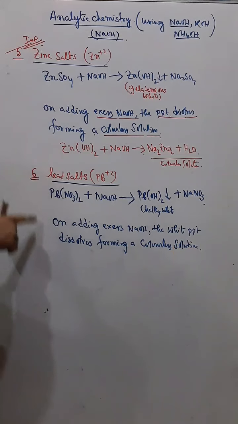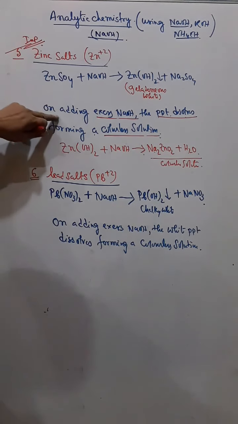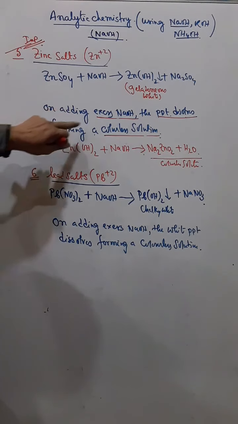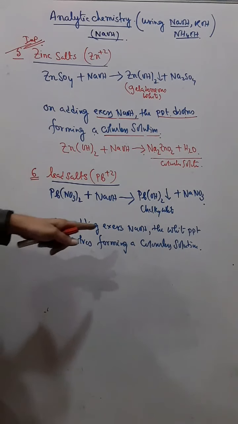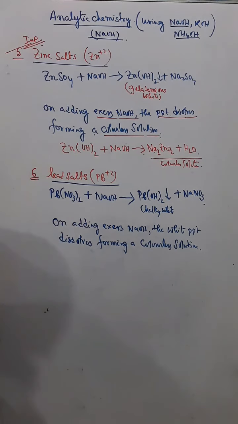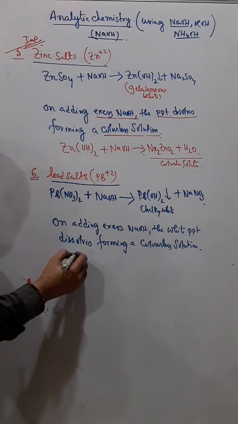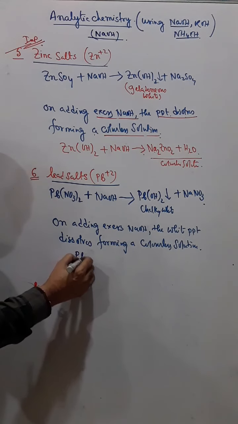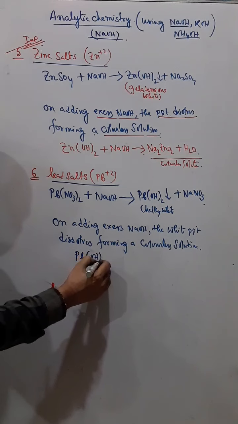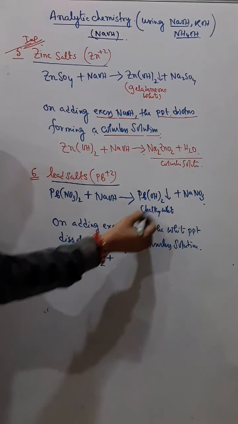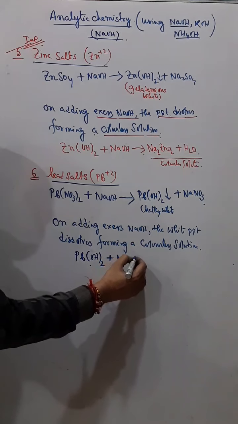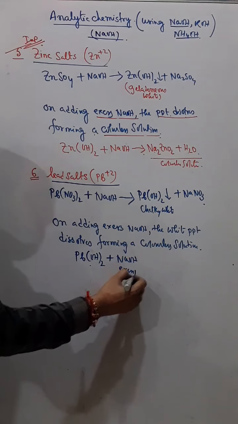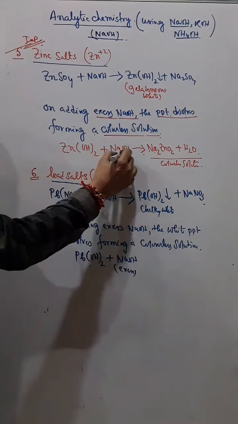So in this case also, just like zinc salt, on adding excess NaOH, the precipitate was dissolving, forming a colorless solution. The same observation here, that on adding excess NaOH, the white precipitate dissolves, forming a colorless solution. So the reaction you have to give, there is Pb(OH)2. So this is the chalky white precipitate, and we are adding excess NaOH. So this is excess. So you should write here excess,